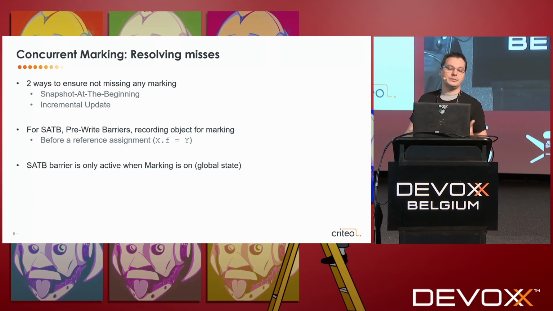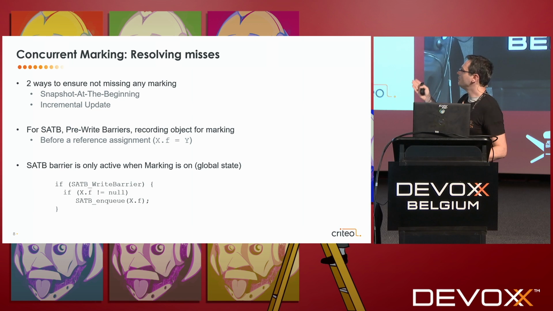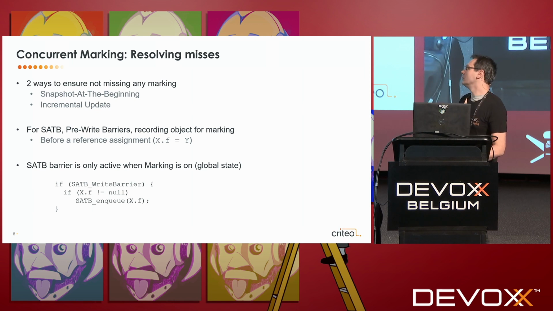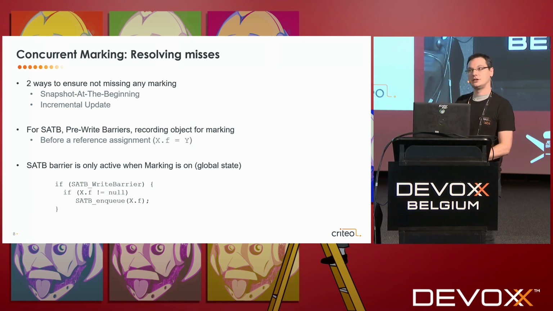This barrier will be active only during concurrent marking. There is a global Boolean state that will be tested before doing this. So that's the pseudocode of this pre-write barrier: if the SATB write barrier is active, then if the field that we will write is different from null, we enqueue this reference into a queue that will be processed later. And this code is inserted for each write